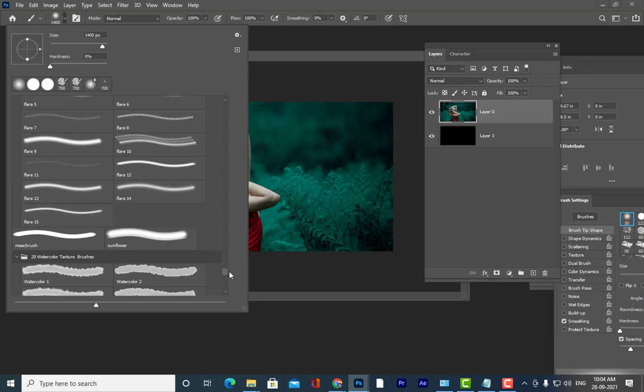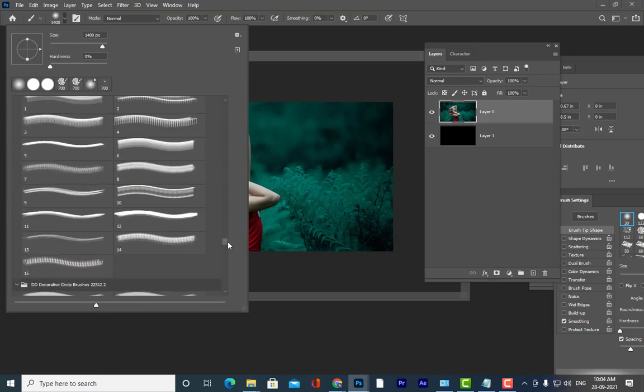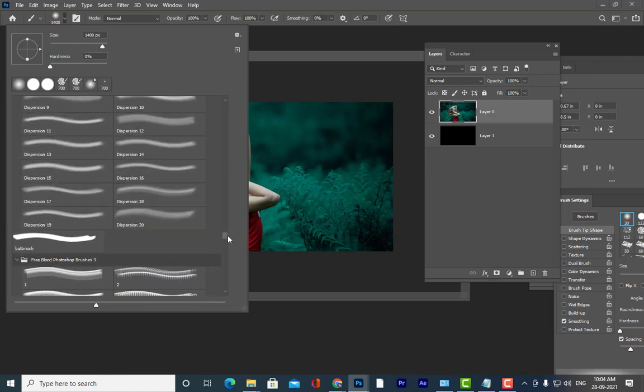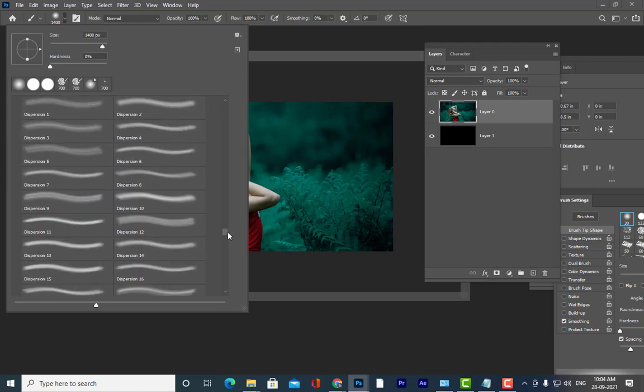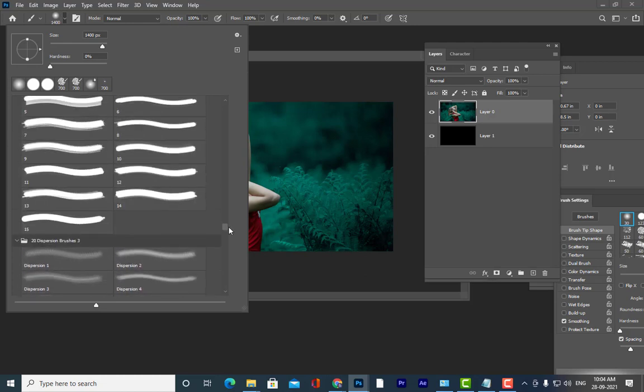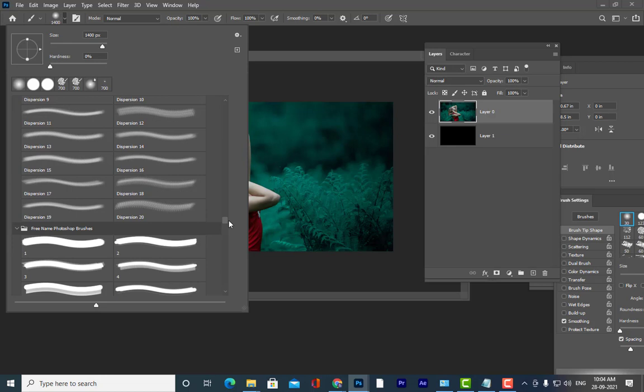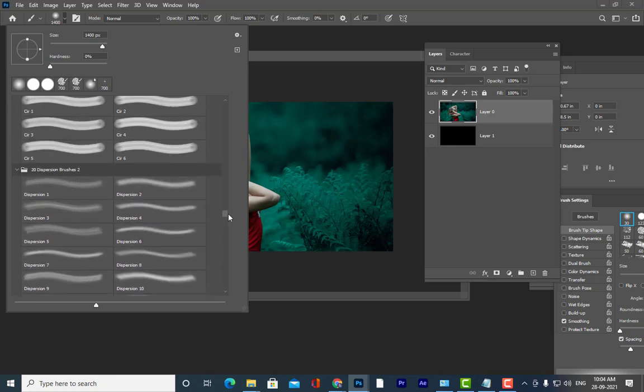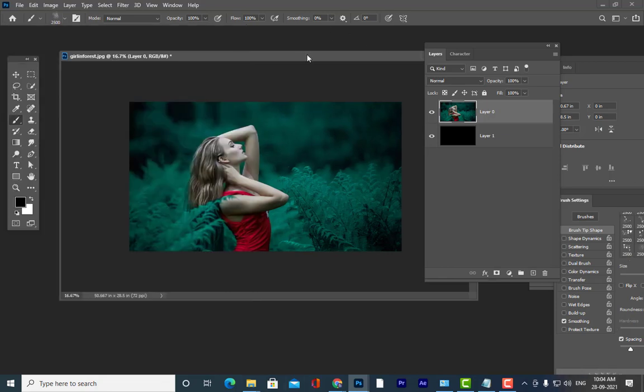In case you can't find these brushes in your Photoshop, you can download them. Here we have a dispersion brush. I downloaded this brush from brusheasy.com, and let me apply a hide mask to this.